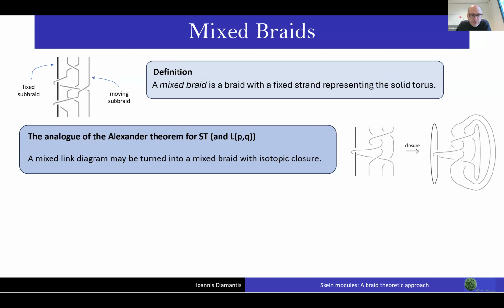And if I remember correctly, it was in her PhD thesis and her work with Rourke. And by closure, we mean the standard closure that, as we know it, for standard braids and standard knots. All right, so we have the analog of the Alexander theorem, which is very important. And now we try to see whether we have an algebraic structure, whether we have a group structure. And actually we do, because the braids that